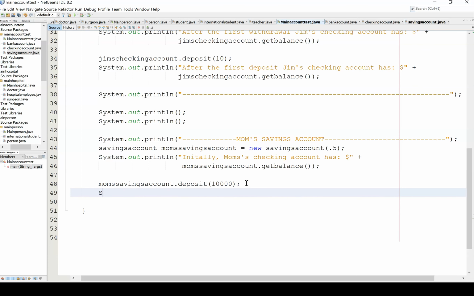Okay. We'll do system.out.println. You know, after the first deposit, my mom's savings account has